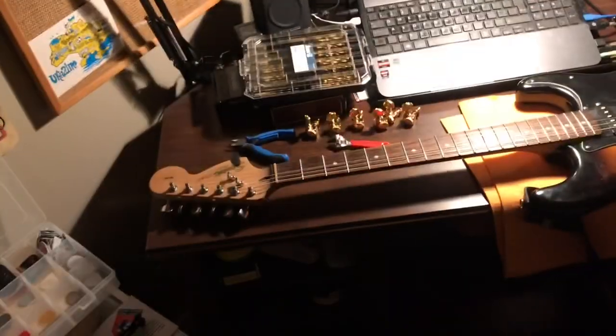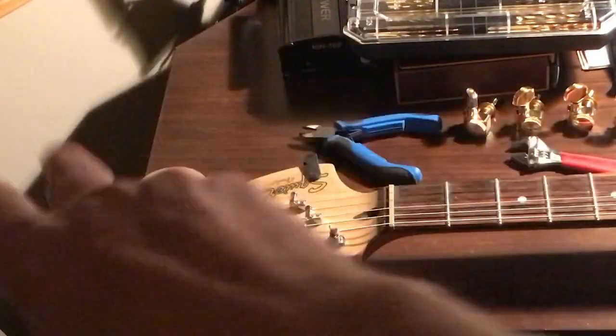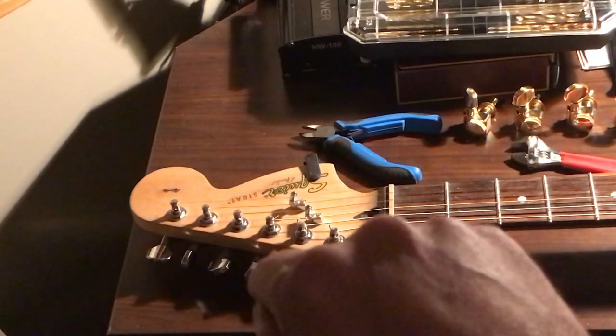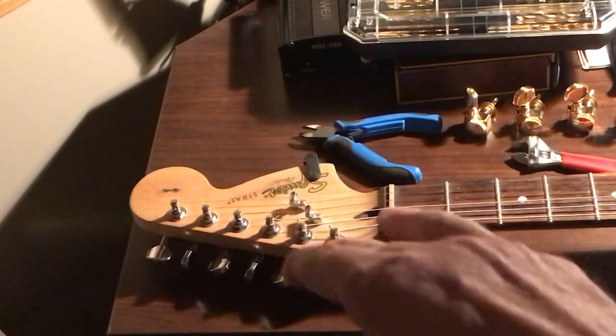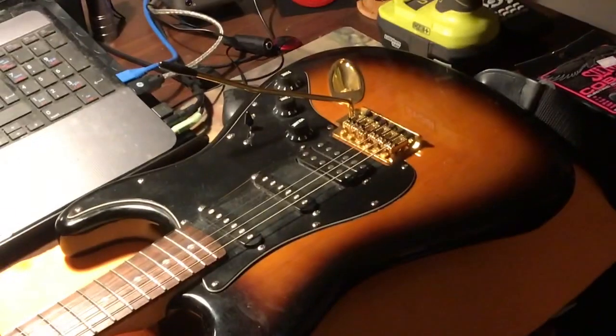So what we're going to be doing today, I'll bring you over here. Let's see if I can zoom in a little bit. There we go. Okay, so those are the tuners. They're just the stock Squier tuners. I've installed Musiclily roller string trees. I'm probably going to be swapping those out to gold ones when I get a chance. I've already swapped out the bridge,